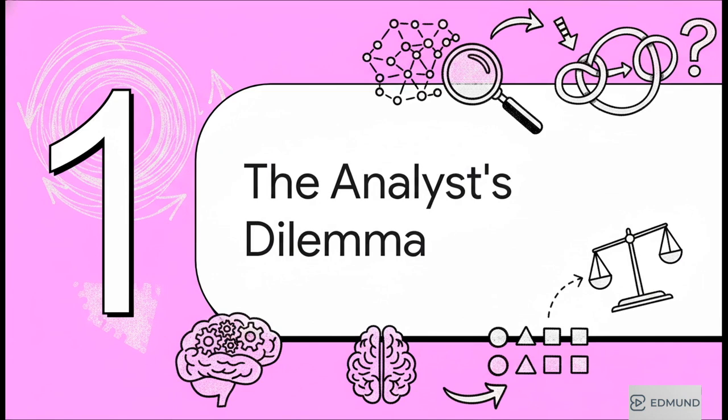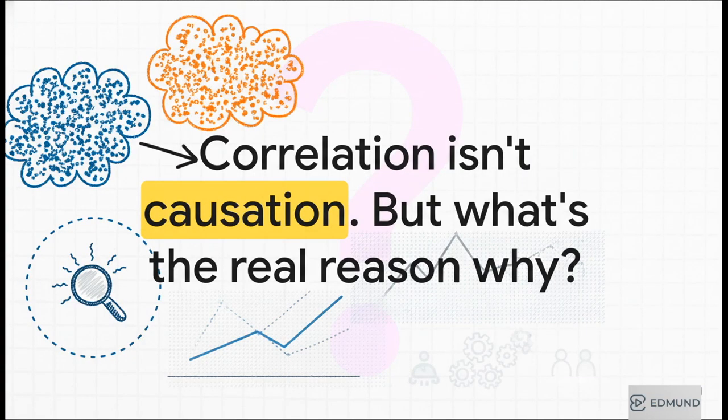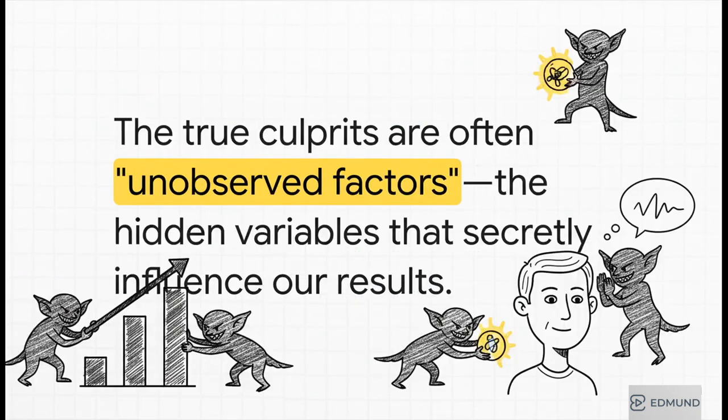How do you get past just the surface level numbers to figure out what is really driving the results you're seeing? You've heard this phrase a million times, right? And it's an absolutely crucial warning. But the deep down reason it's so true often comes down to the things we can't see in our data, the stuff we just can't easily measure. Yeah, these are the real troublemakers. Think of them as these hidden forces, like a company's unique culture or maybe a person's raw talent. They're incredibly hard to put a number on, but they can secretly be steering our results and honestly lead us